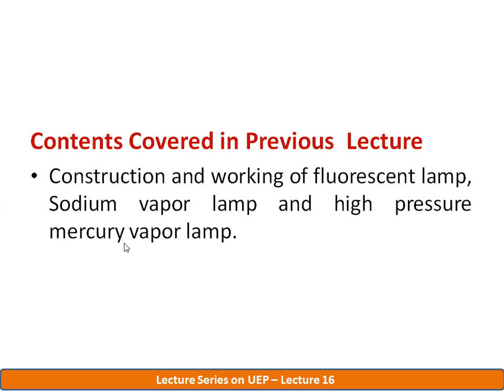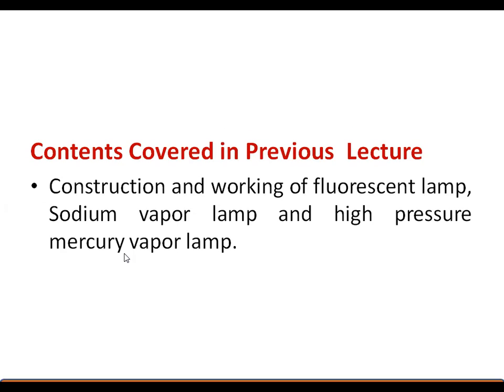The next type of lamp, the sodium vapor lamp. The sodium vapor lamp is normally used in railway yards or street lights, and it emits yellow light. It consists of a capacitor, a high leakage transformer, then a double walled flask tube in U shape. It's a low pressure sodium vapor lamp. The inner tube is made from quartz material, called the arc tube. It consists of electrodes. Its efficiency is about 30 to 40 lumens per watt. Normal working life is 3000 hours.